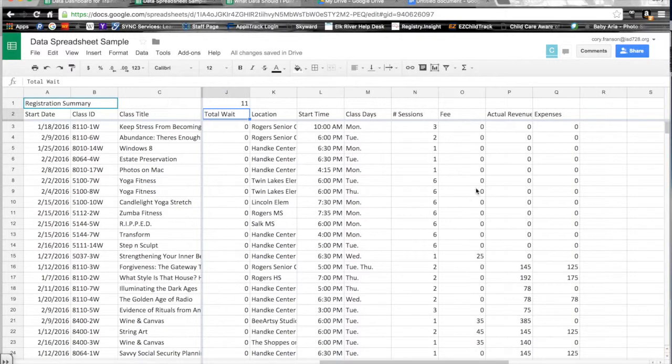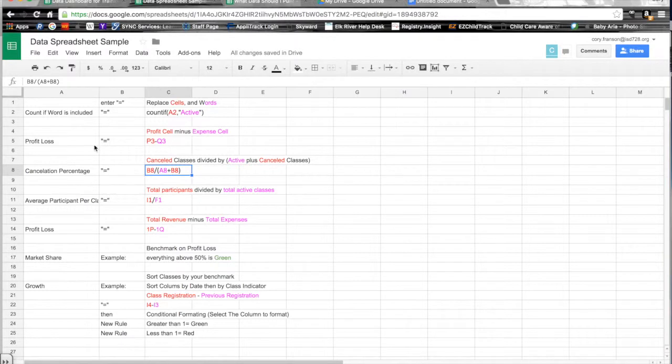my fees, that would be the individual cost of the class, but my actual revenue I'd really like to know as a total, and I'd also like to know what my total expenses were as well. So now what I want to figure out is my actual revenue and my expenses. So I'm going to call that one profit and loss and market share. So the formula that I'm going to use for this one is I'm going to go to this profit loss,